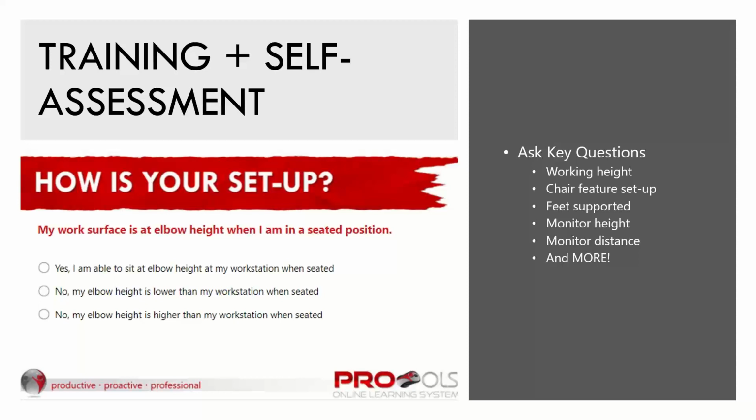I wanted you to make the adjustments during the module, and now you've made your adjustments. Are you at elbow height? And if the answer here is yes, then self-assessment complete, moving on to section number 2. And as a health and safety person, we don't have to worry about following up or checking in, right? We might still have another follow up with a manager or something, but you don't necessarily have to, right? Because your self-assessment has indicated that you are properly set up and there's no additional action required, nothing flagged